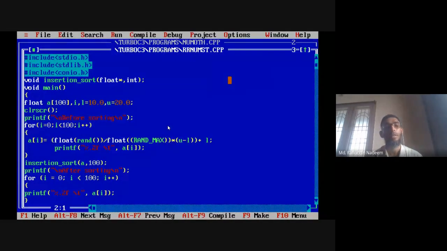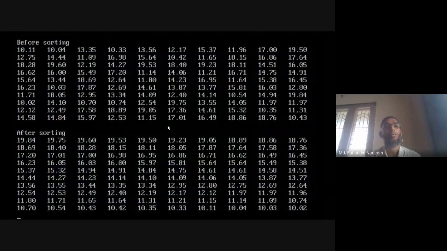Yes, see here. After that we'll execute it. Here it is, these values are being generated. Like 10.11, 10.04, 13.35, 100 values are being generated.